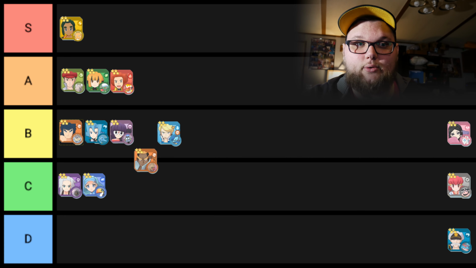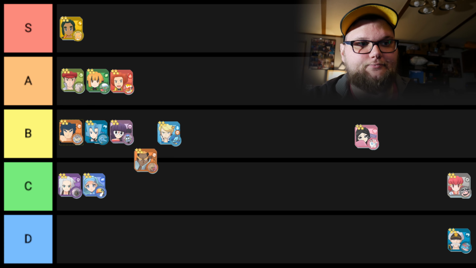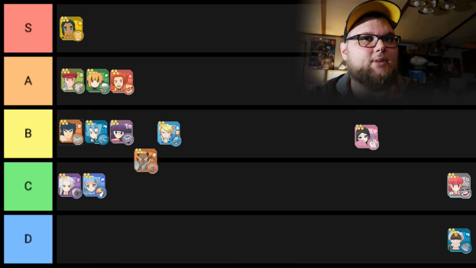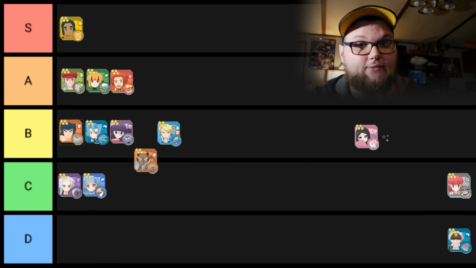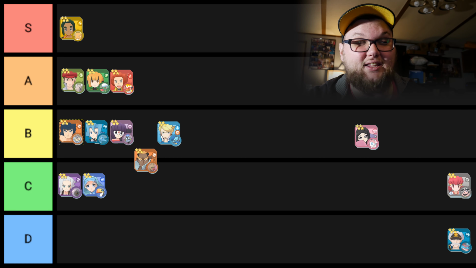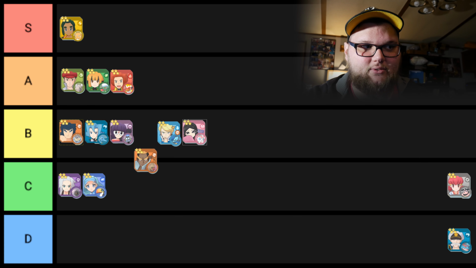Next, we actually have Valerie, which is our newest 4-star, our newest story unit, actually. And as a Fairy Striker, I talked about this in the Limelight. I really do feel like she got shafted. So she doesn't have amazing moves. She doesn't have amazing stats. She doesn't really have an amazing kit. She's all around just kind of a meh unit, which kind of makes me feel like she deserves the B